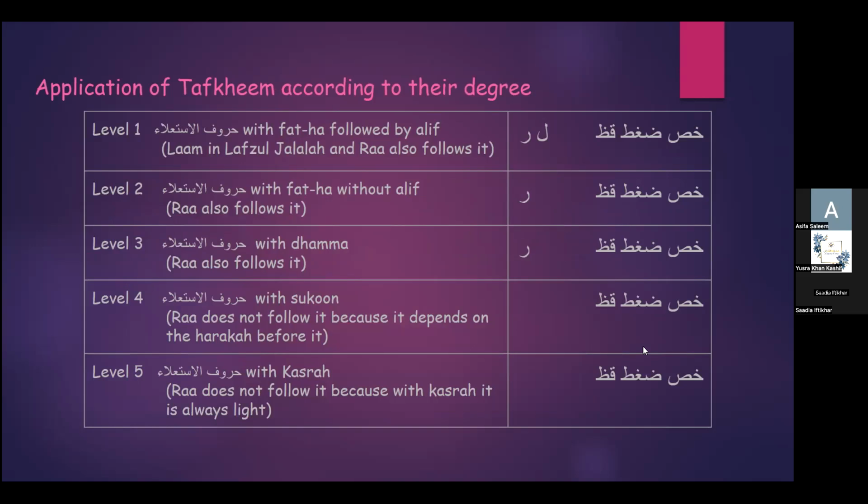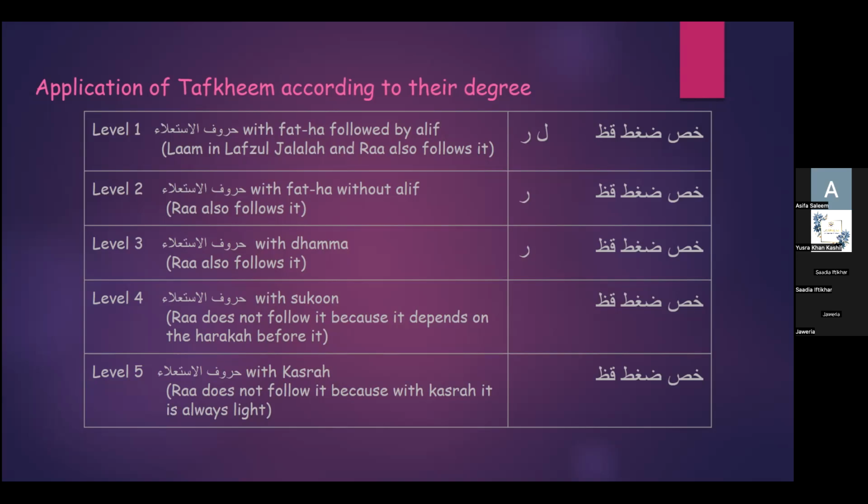Application of tafkhim according to their degree. I covered this earlier as well in my last session, but this is a little bit more in detail. So level 1, this is the opinion taken from Imam Ibn al-Jazari, the 5 levels of tafkhim. Level 1, according to him, is all the huruful isti'la. So all letters of isti'la with the fatha followed by alif is the first level of tafkhim, the highest level of tafkhim. It also includes the letter lam in lafzul jalala and the ra when it follows the alif after